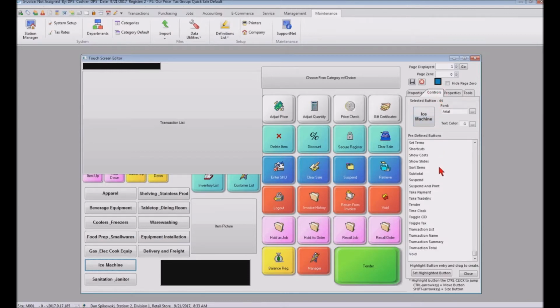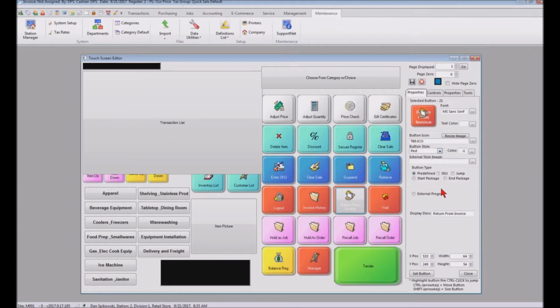You'll have your controls where you'll drag the item over, and then once you have the item over, for example return, you'll go to properties and you can see there's predefined buttons, or there's a specific part, or jump to another screen with a bunch of parts, or start a